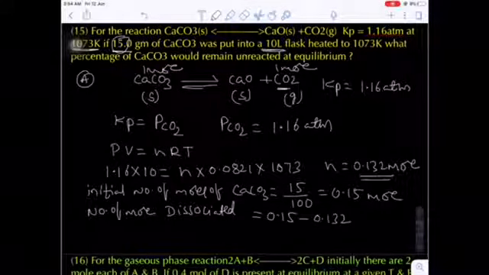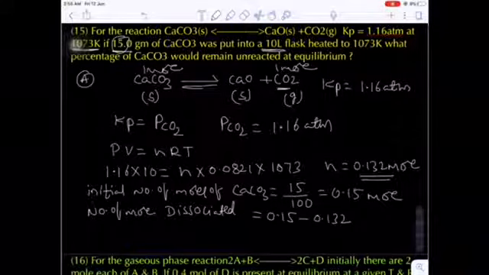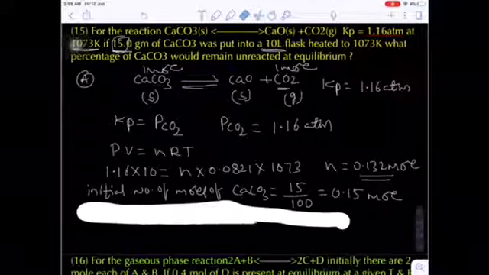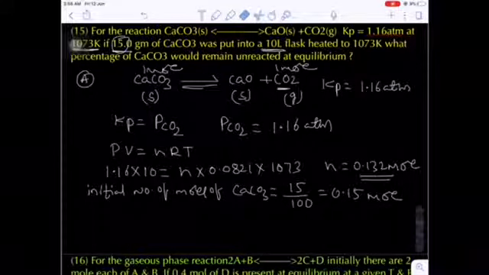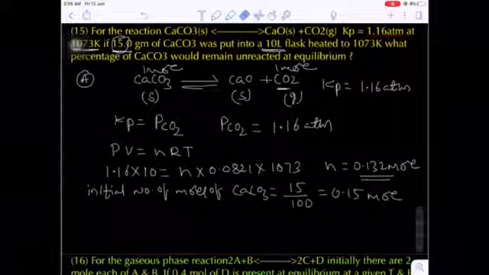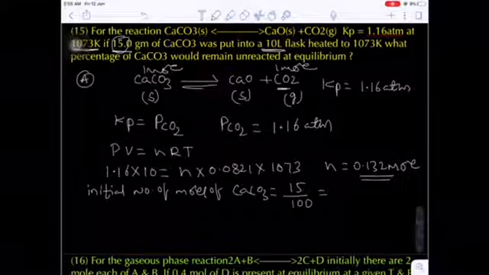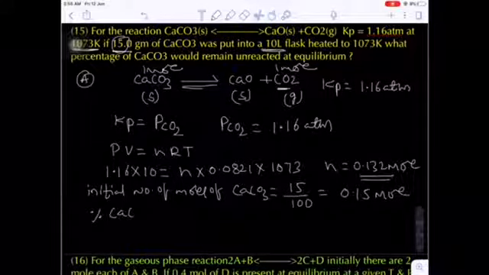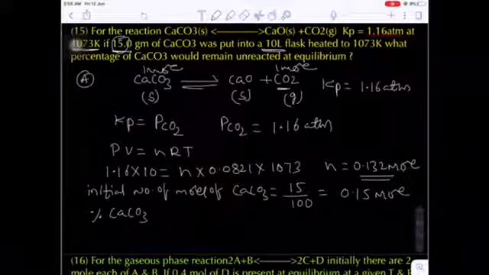Okay. Now here, how many moles decompose? 0.132 moles. How many moles are present here? 0.15 moles. How many moles are we taking? 0.15 moles. Out of which how many moles dissociated? 0.132 moles. So from here directly we can calculate the percentage of CaCO3